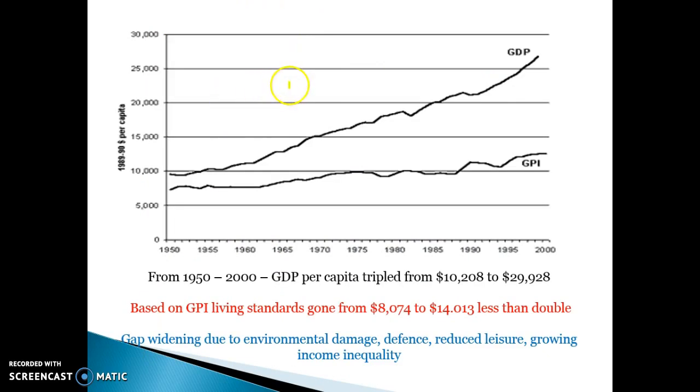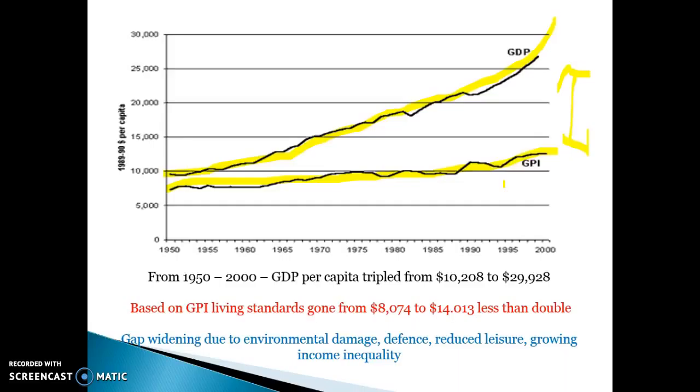Okay, so you can see by this graph, GDP has been growing at quite a fast rate from 1950 to 2000. But because we were causing excessive pollution, because people were working longer hours, because the overall stress levels are increasing, GPI didn't increase at the same level. It did go up, but not at nearly the same rate as GDP. So there's been an increasing gap between GDP, which doesn't take into account all these non-material factors, and GPI, to take into account the fact that we have things like climate change.